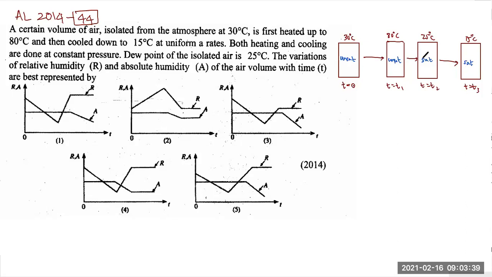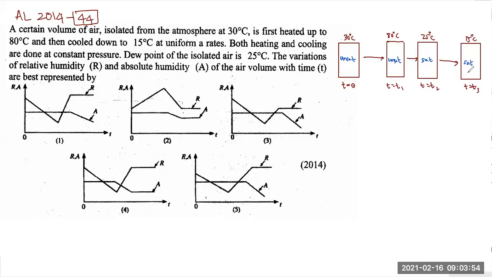1, 2, 3, 4. In which system can we expect dew? We can expect dew only in this one. In all the others, there will be no dew, because the condition for dew formation is the temperature should be less than dew point. Even if the temperature is equal to dew point, we can't expect dew to be formed. Here, dew will be formed.